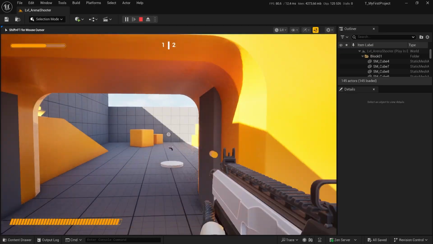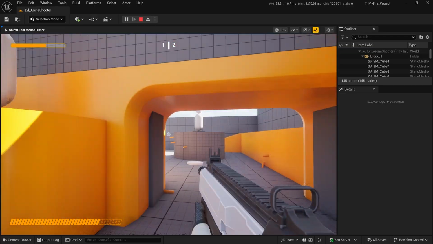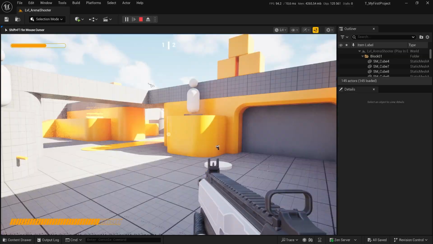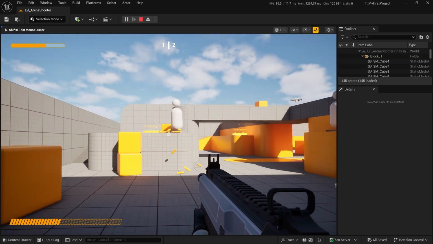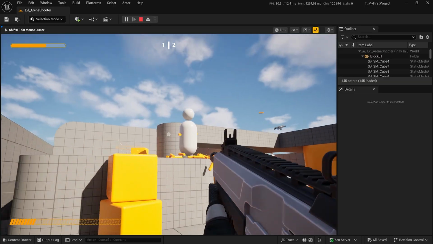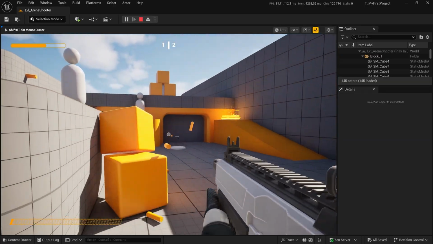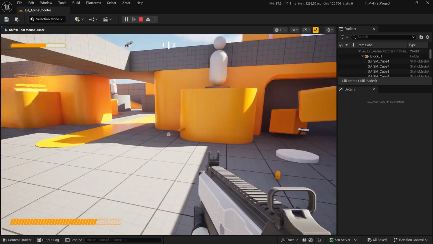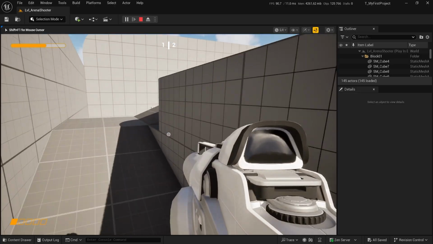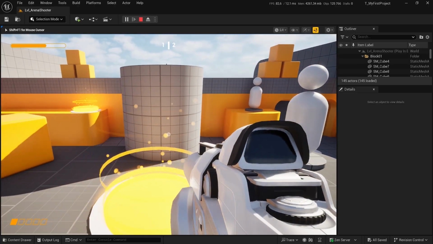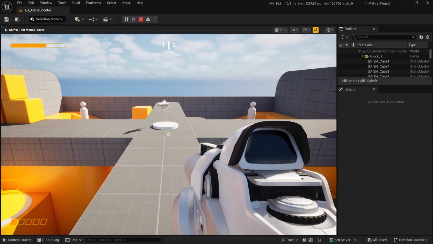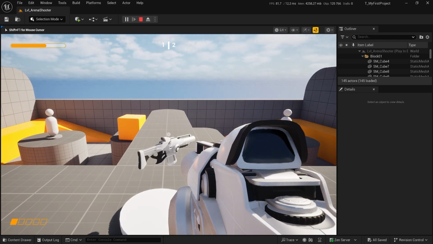We have infinite ammo, so we don't need to worry about that. We also have this door and these dummies that can serve as practice targets. Yeah, and also we can shoot these boxes and make them fly around. So yeah, we have a lot of stuff that we can use already to play and create levels and test